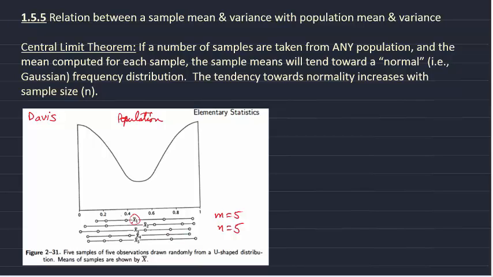And as you can see, for each sample, the data values tend to be near the ends on this plot, consistent with the frequency of those values occurring in the population. But as you see, all the values of the means tend to cluster near the middle, and they tend to cluster in a normal distribution, even for this somewhat